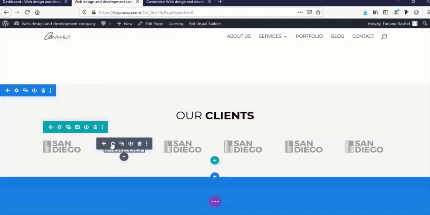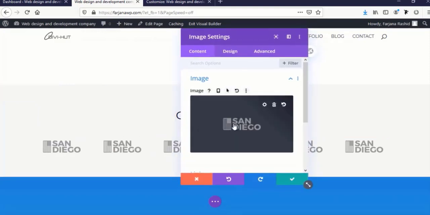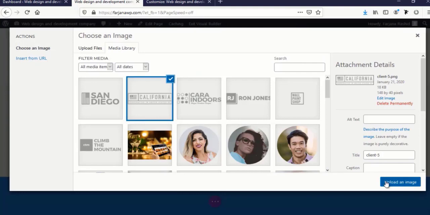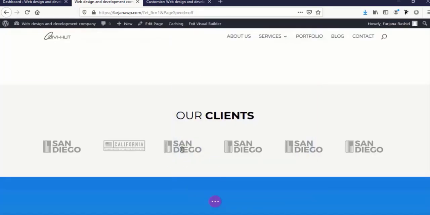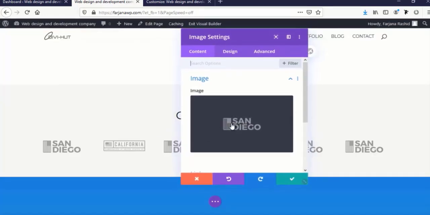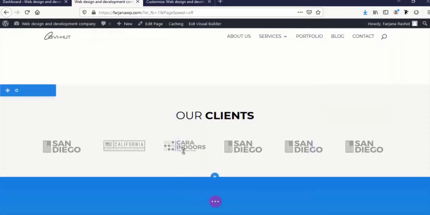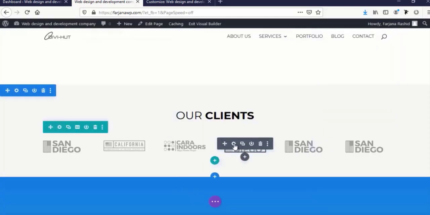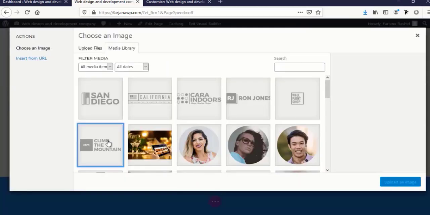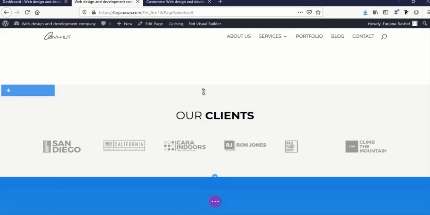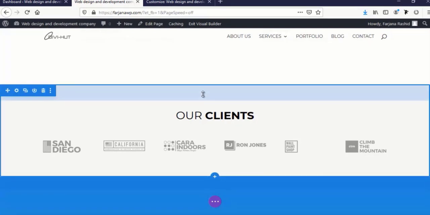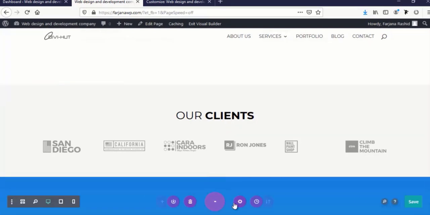Okay, now changing other item logo. Save it and using this one, save it, and this one to this one. Now I'm going to save it. Okay, looks better. I'm going to save this page now,